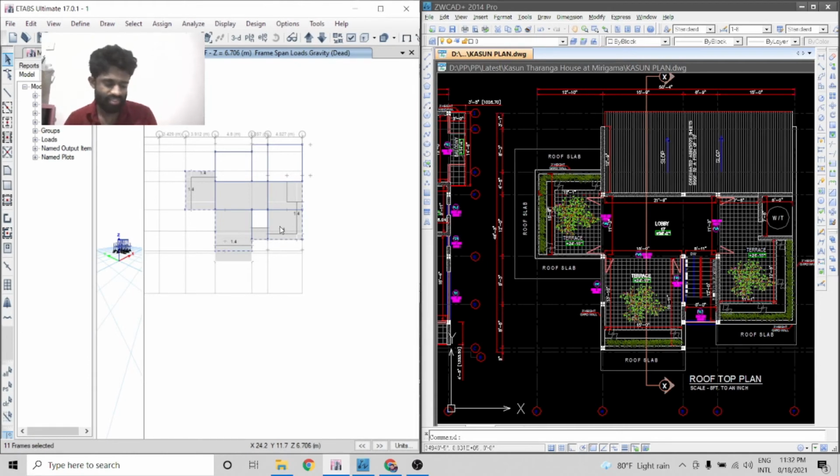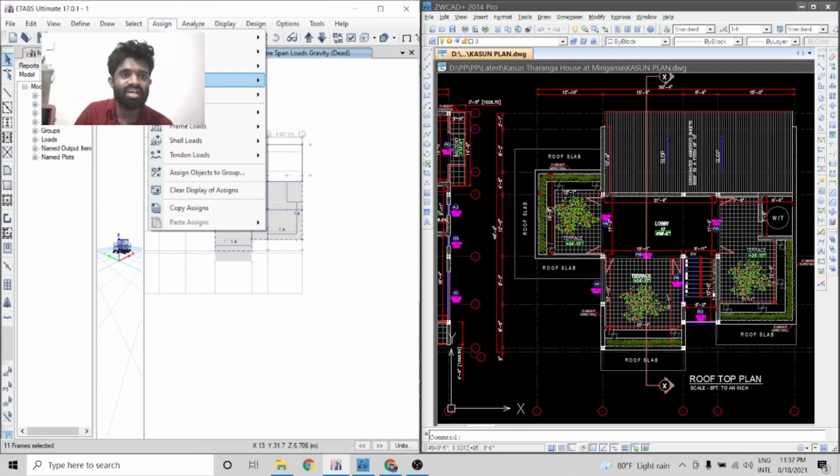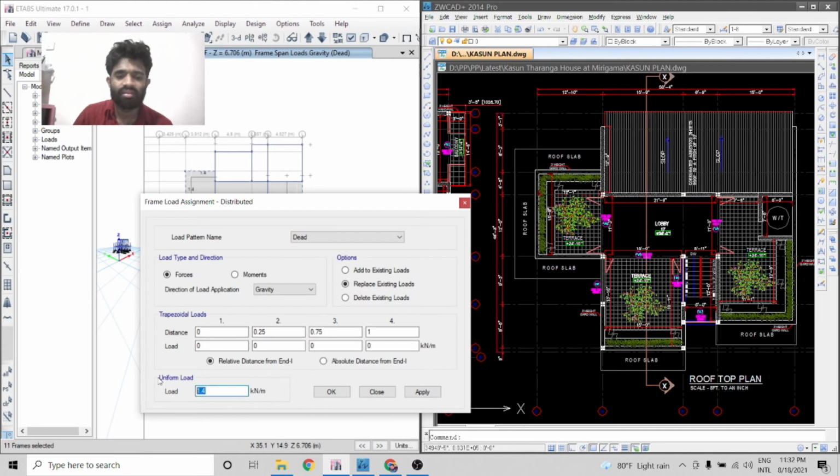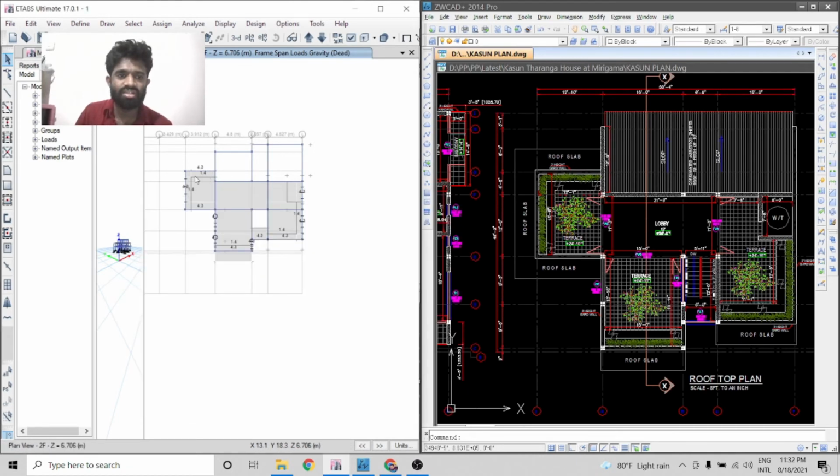3 feet is 900 millimeters. So 0.9 into 0.225 into 21 will give us 4.2. I use the 4.3 value, so I am going to assign that 4.3 kilonewton per meter line load to these relevant